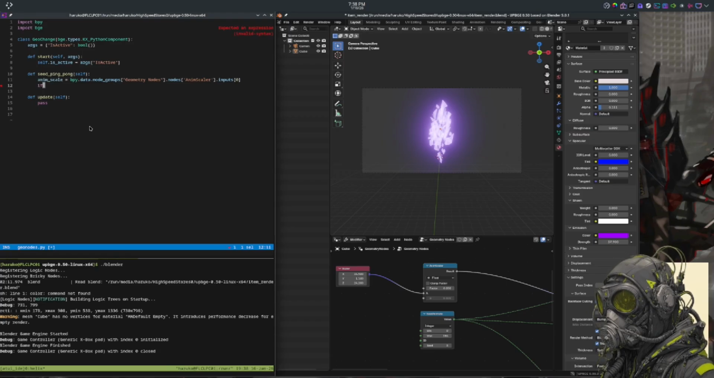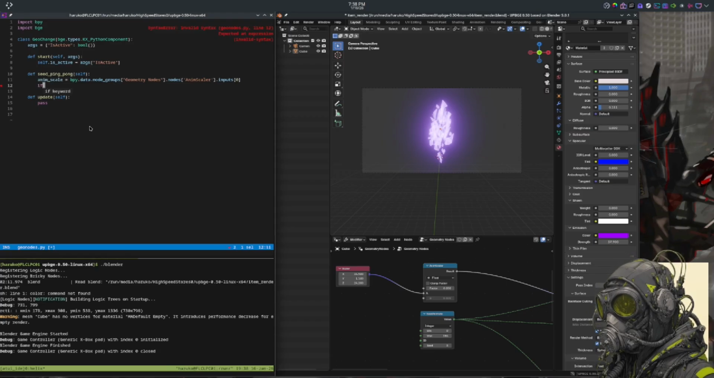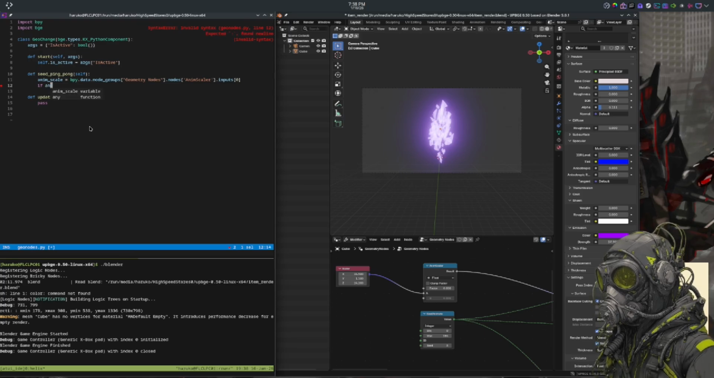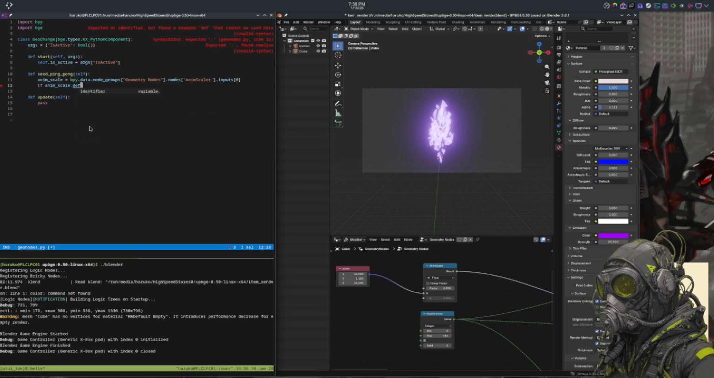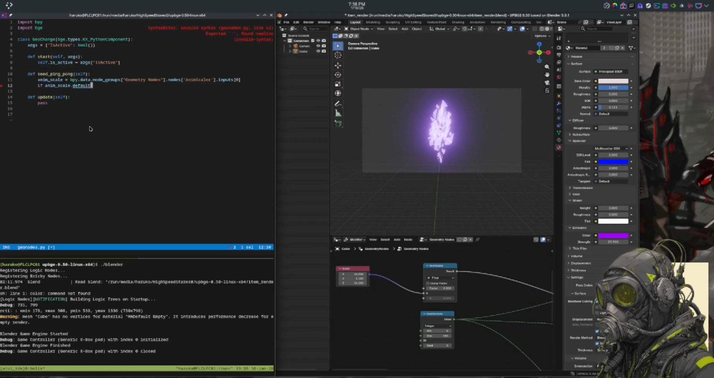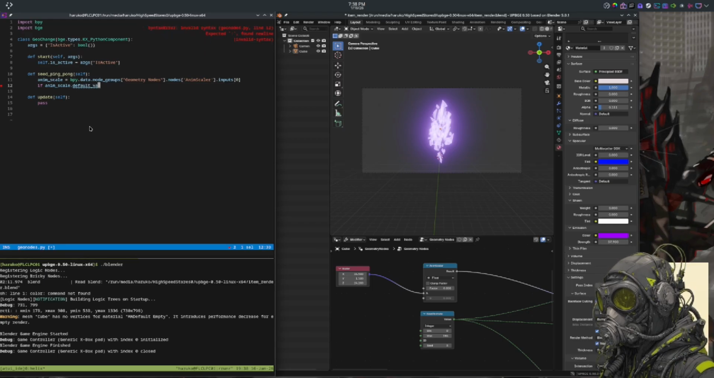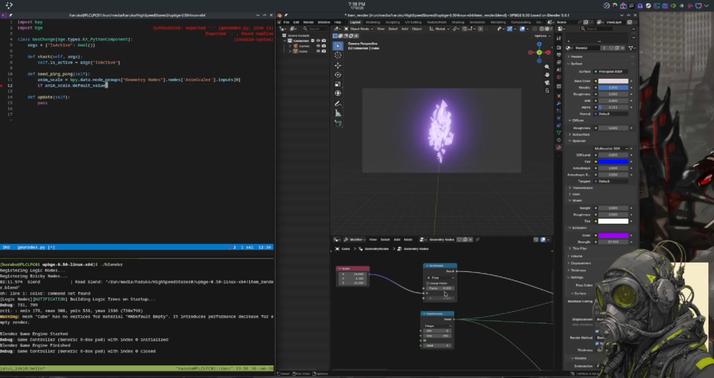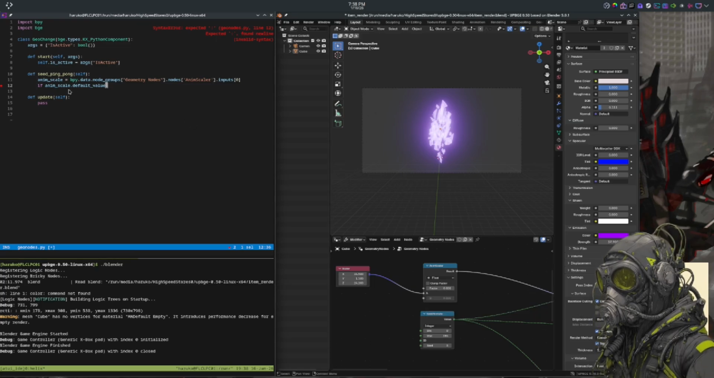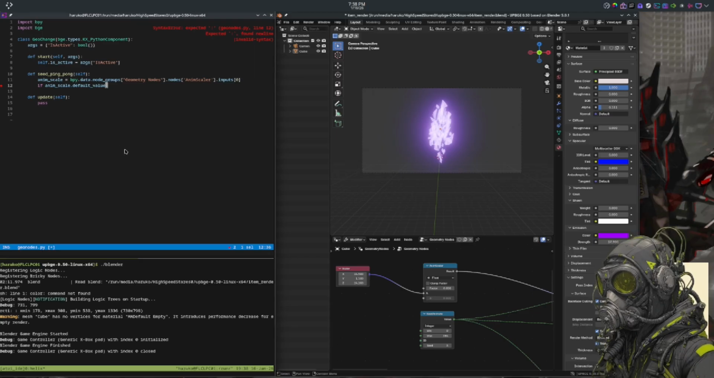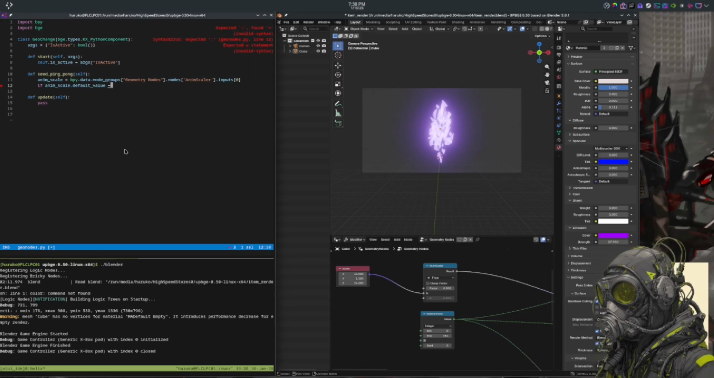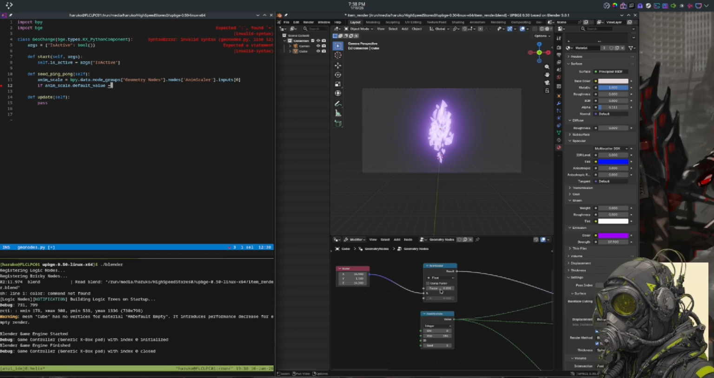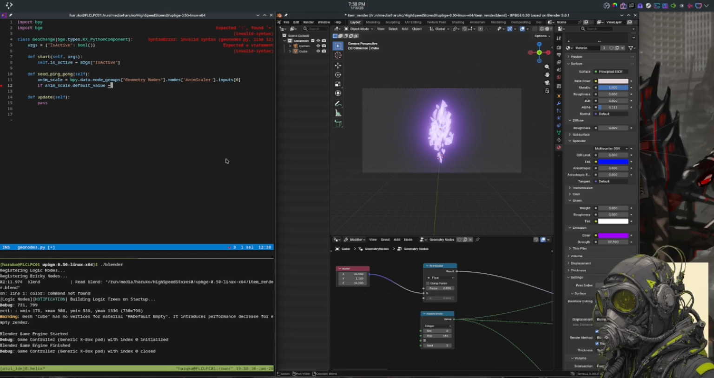So we want to first say if anim scale dot default value. Also, you notice that because these are a custom property of a node, right? They don't show up in the autocomplete of the Python stubs. So you have to trust the tooltips here. So, yep, default value